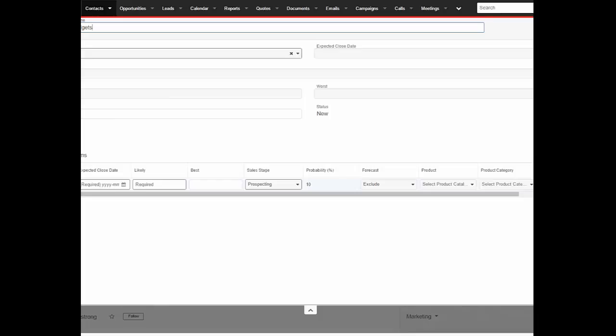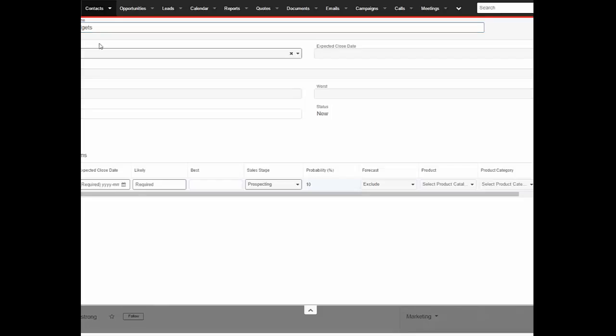Well, that's because I've got revenue line items turned on. Everybody's familiar with line items on a quote. You toss out a quote and it's got separate line items, but Sugar Enterprise version 7 will allow you to put line items on an opportunity as well. Imagine if you're selling a year's worth of advertisements in a magazine. You may break it up into a line item for each month, January, February, March.